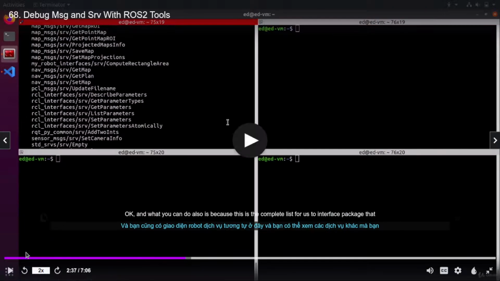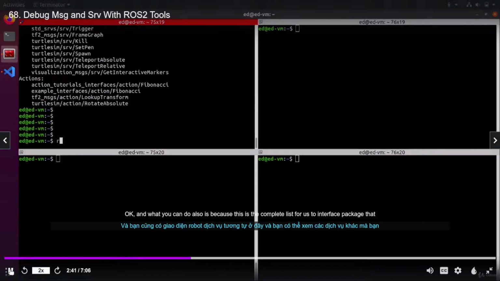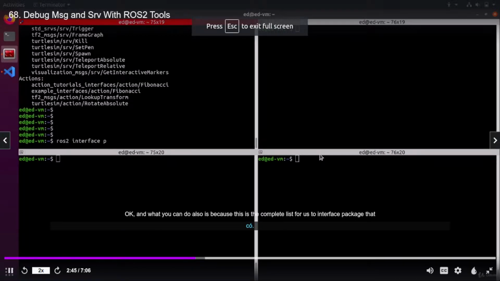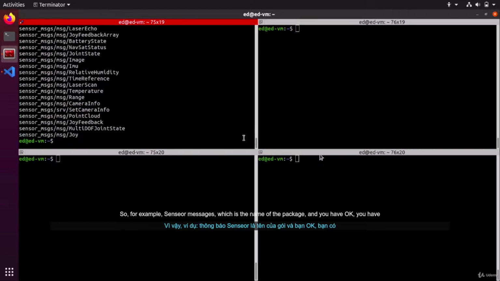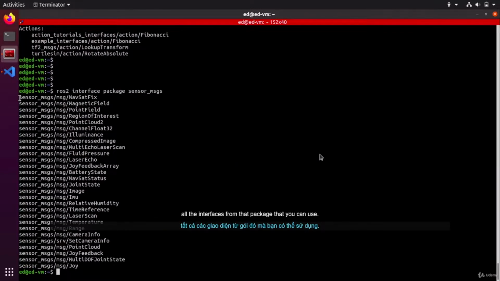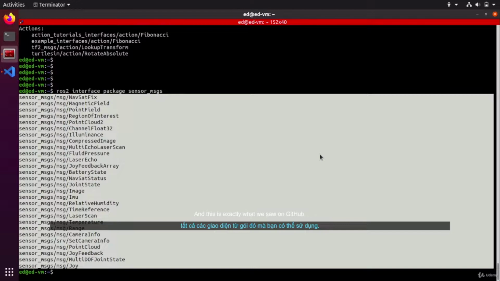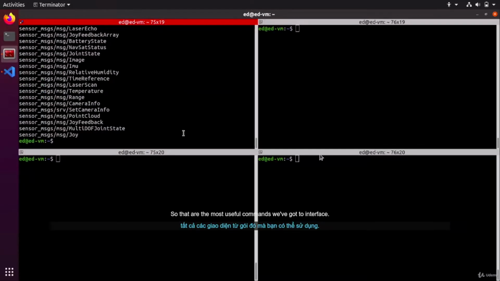What you can also do is, because this is the complete list, use the interface package command, which will show you every interface, messages and services, inside one package. For example, sensor_msgs, which is the name of the package, and you have all the interfaces from that package that you can use. This is exactly what we saw on GitHub. So those are the most useful commands with ros2 interface. And now let's do